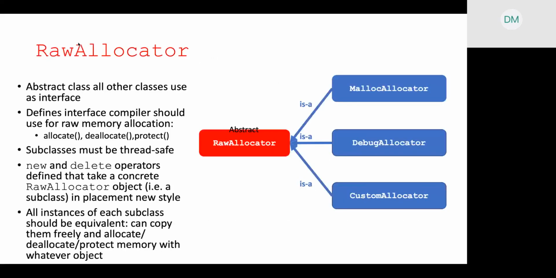All right, so having said that, there are then a bunch of classes that deal with the raw memory and a bunch of classes that deal with memory segments. So I'll start with the raw memory one. So the RawAllocator is a class that already exists, but I'm changing it around a little bit in this new scheme. So in particular, I'm making it an abstract class that basically represents the interface between the rest of the compiler